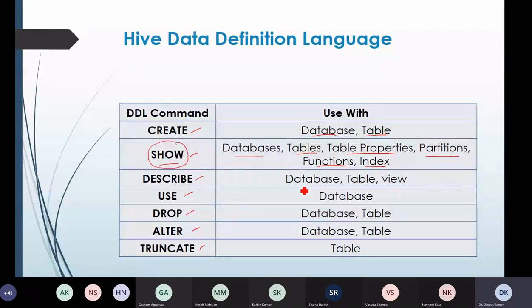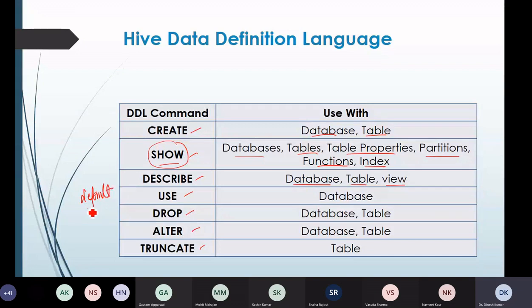Then the describe command is applicable on databases, tables, and views. It helps us to see the structure of the database or the table that we have created by using the create command. Then the use command: there is a default database in Hive, and the name of that database is default.